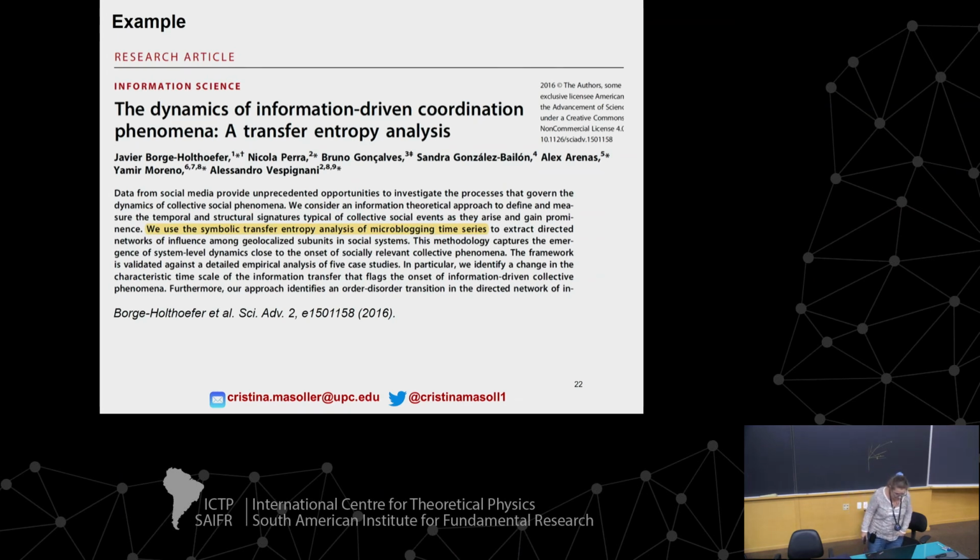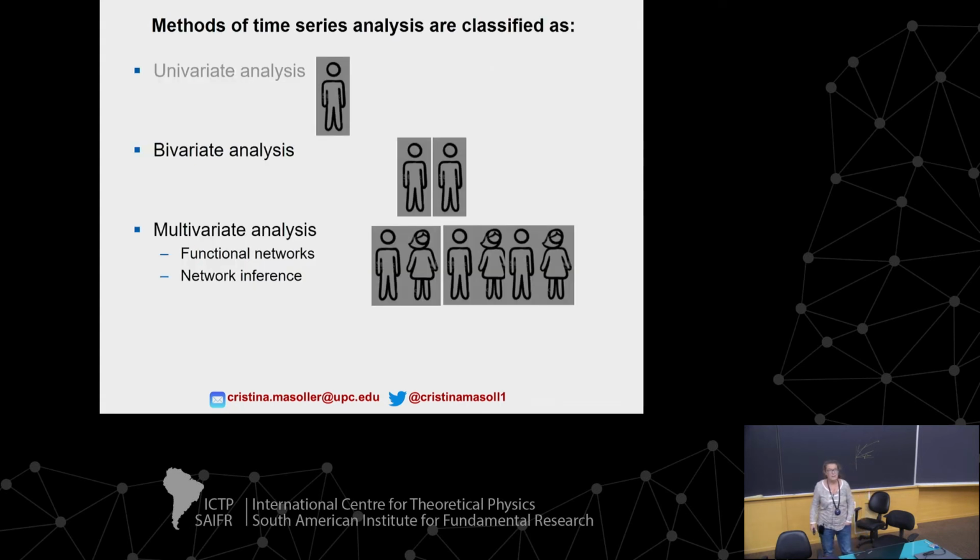Here I put an example from social sciences, which is social media. They use symbolic transfer entropy to analyze microblogging time series. If you are interested in this, it's quite a good point to start looking at how it has been applied in the context of socio-economic systems, and the references in there. Okay, so if there are no more questions about this,